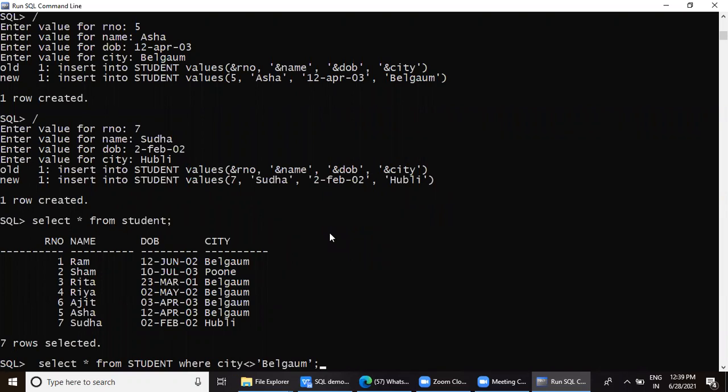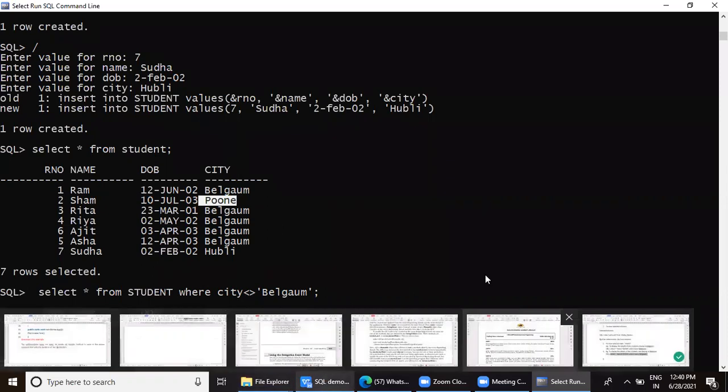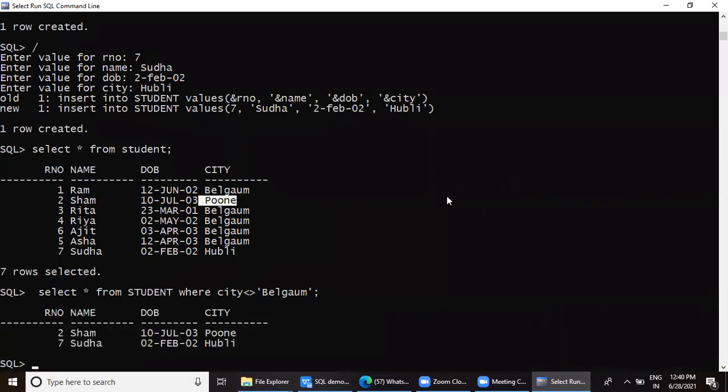So select star from student where city is not equal to Belgaum. Let me better type those codes once again. Now can you see this Sham and Sudha? This Sham stays in Pune and Sudha stays in Hubli. So these two students' names are displayed here because I chose the operator as not equal to. So with string values, we can use only these two operators, equals to and not equal to.